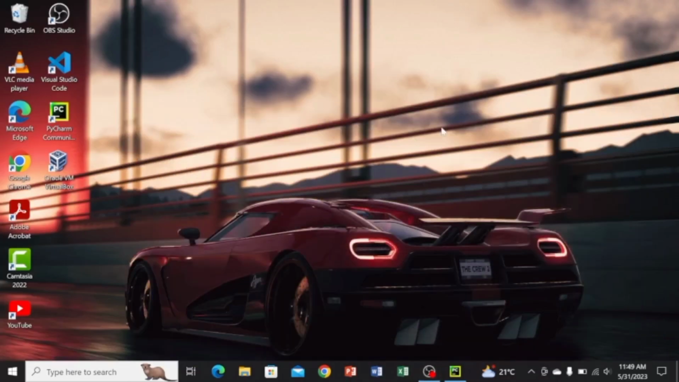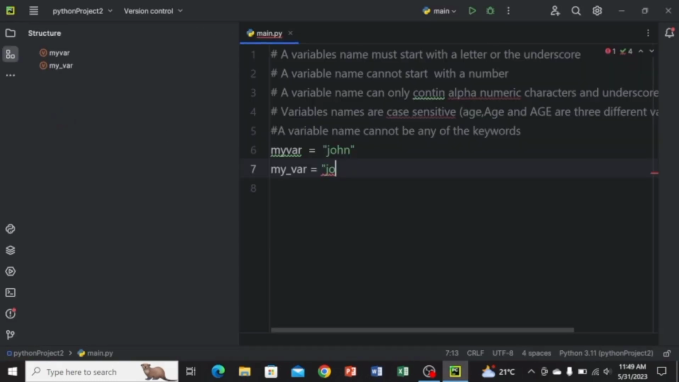Hello everyone, in this video we are going to learn what variables are. Variables are like containers for storing data values. How can we create variables? A variable is created the first moment you assign a value to it. So for example,